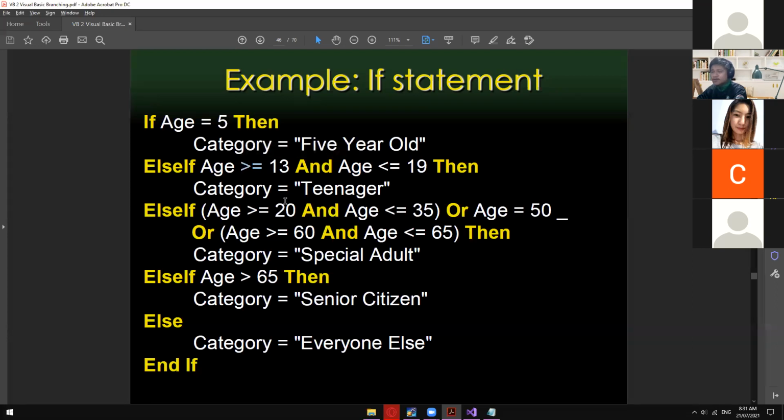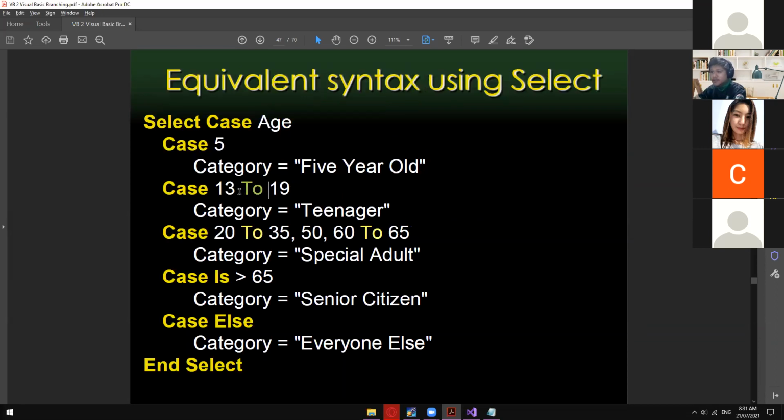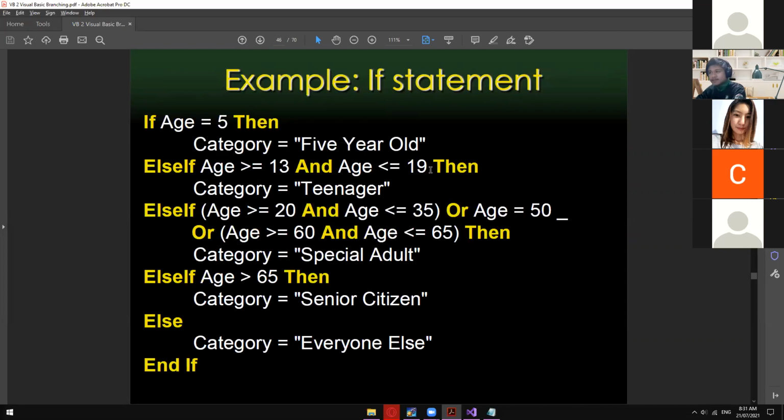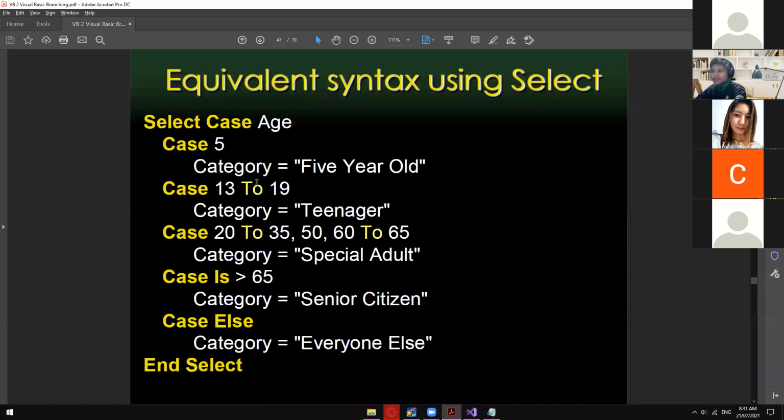comparator. Greater than, equal to, less than, equal to, etcetera. But in here, we're just going to say 13 to 19. So instead of having this long line of code just to say that we have an age 13 to 19, we have to use those comparators. But in here, you just need to use the word to. So 13 to 19 is teenager, 20 to 35, exactly 50, and then 60 to 65 is a special